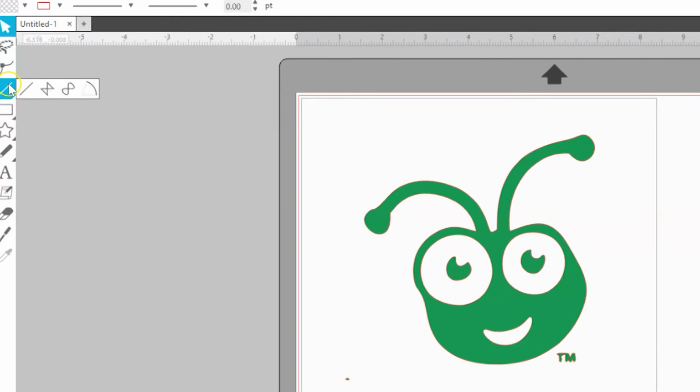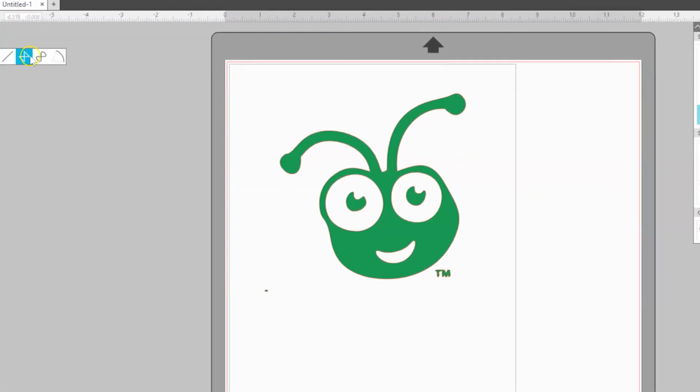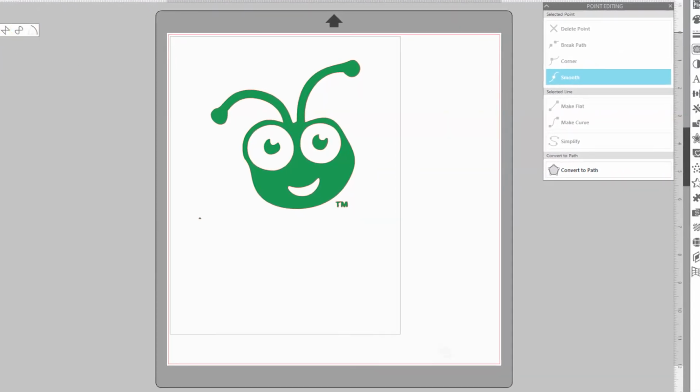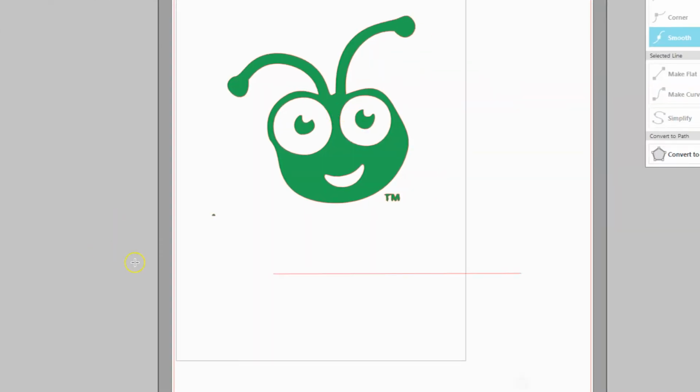The next object we're going to look at is the Line tool. This merely creates lines and shapes if you're trying to freehand create within the Silhouette Design Studio. If I click on a line and I left click and hold, you see I have now created a line. Below the Line tool, you will see that you have preset drawing tools for certain shapes. Despite the fact that it looks like a rectangle and an oval, you can actually choose whatever shape you would like to choose. By clicking on that tool, you can come over here, left click and hold, and you see